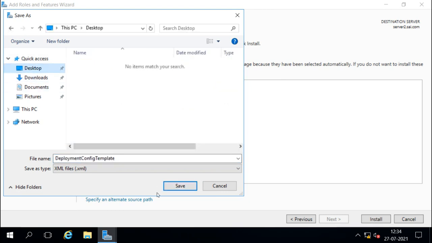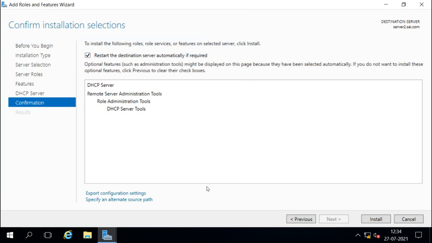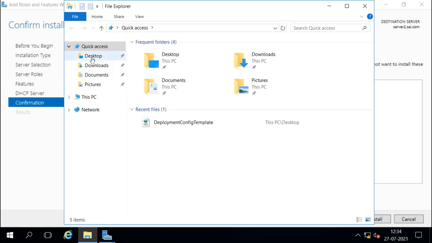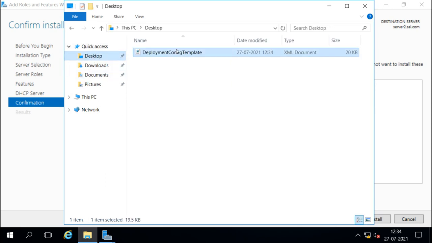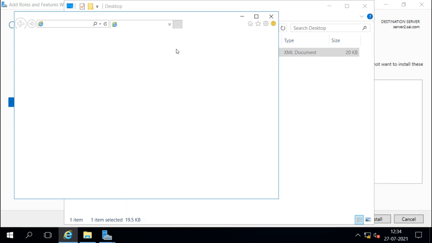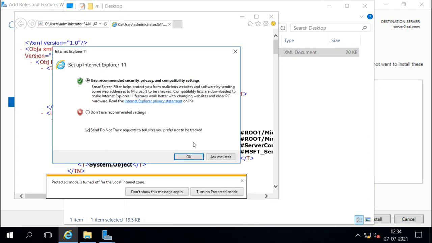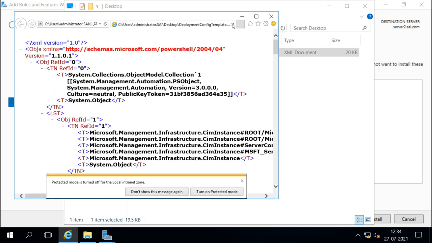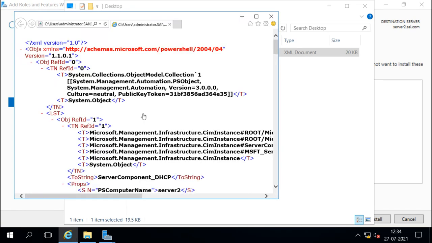Let me show you that it is on the desktop now. It is an XML file. This is an XML file with the configuration that we have selected.